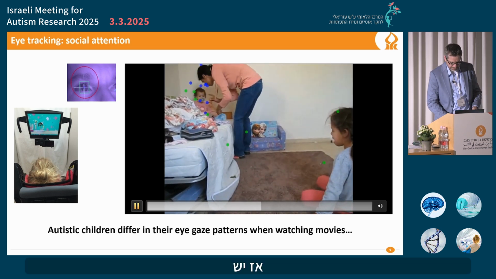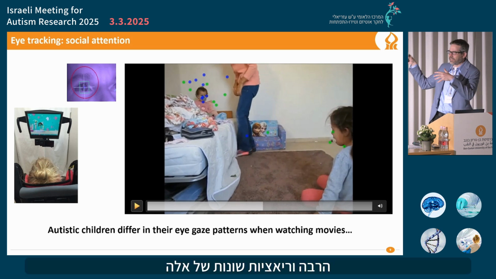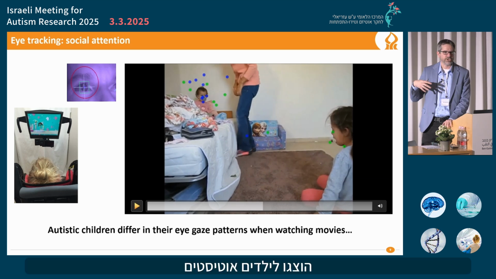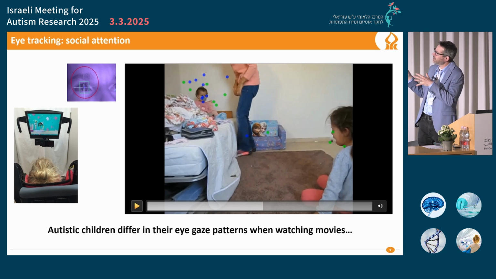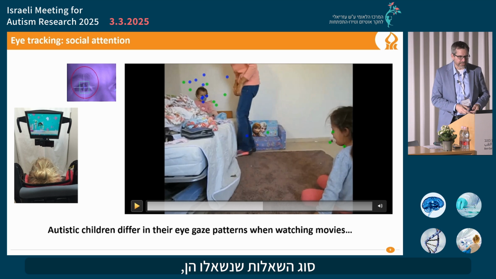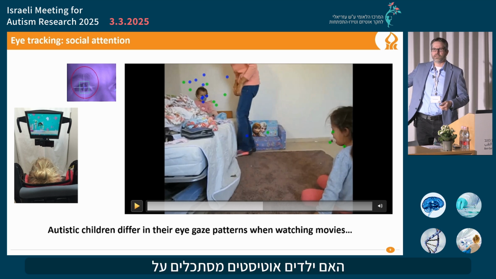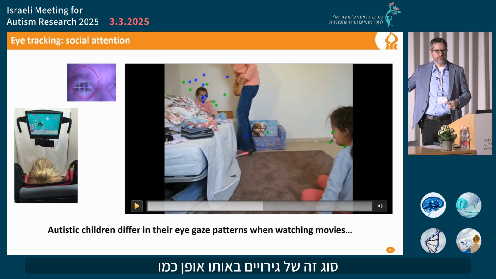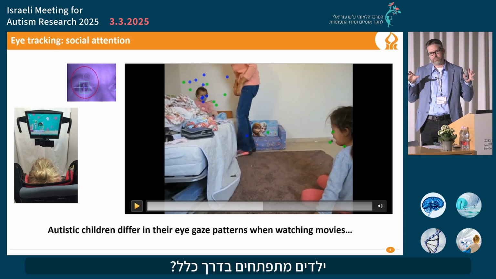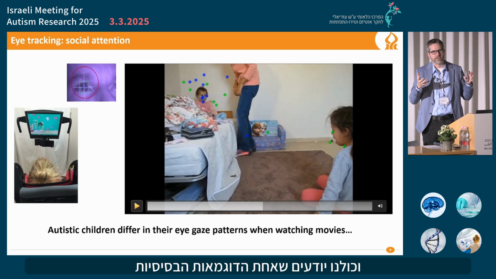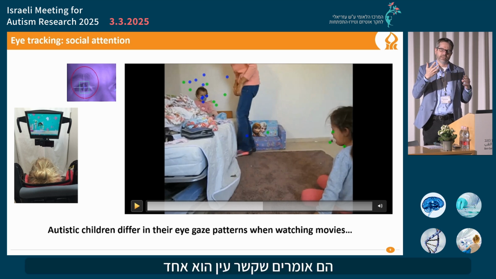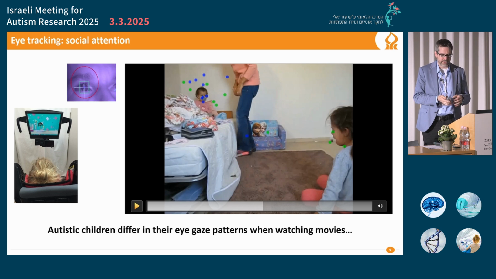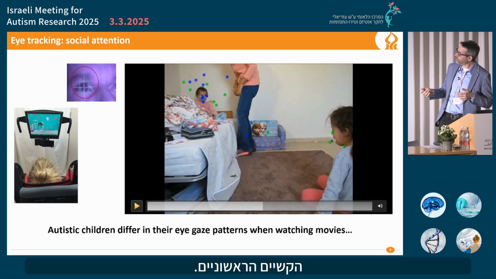So there are many different variations of these kinds of movies that have been shown to autistic kids and adults throughout the years. And the kind of question that has been asked is, do autistic children look at this kind of stimuli the same way as typically developing children? We all know that one of the basic examples people often use to describe autism is that eye contact is one of the initial difficulties.